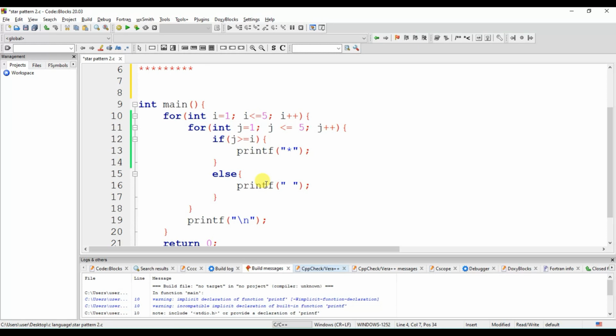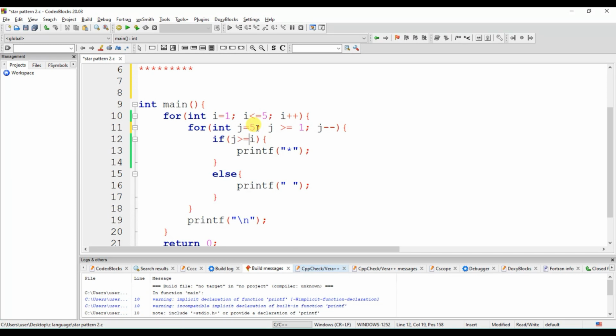So what we should do here, we can make this loop traverse in decrement order.